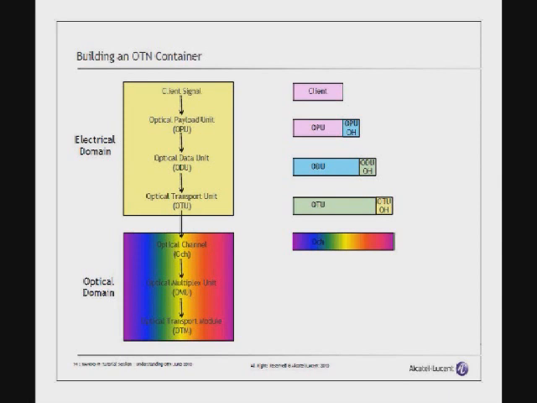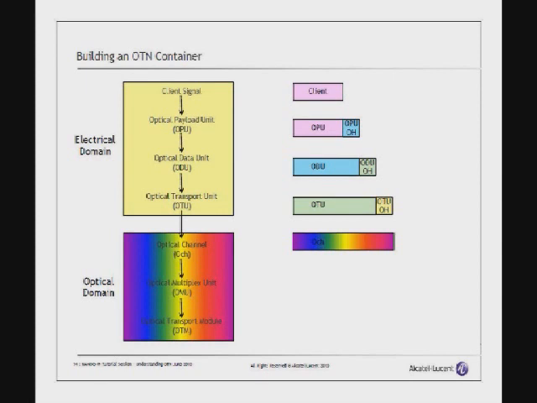And you bring in the forward error correction in that overhead as well. And then the transport unit is the combination of the data unit and the overhead for the data unit, and it has overhead, and then that is put into the wavelength, and then the wavelength is put out